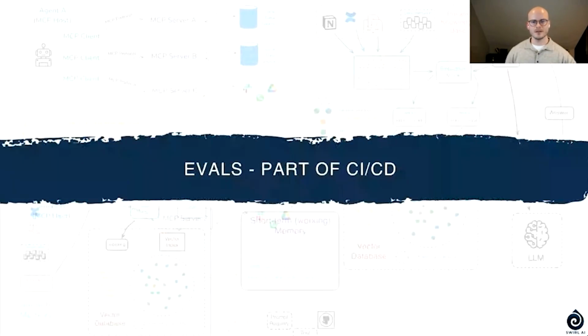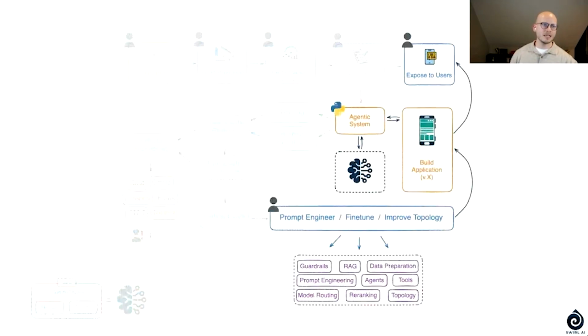And the final piece, by the way, I'm missing out on security, and I will not be covering security because security is, I would say, a topic of its own. But before that, there's another piece in LLMOps, which is very important, which is having evals be part of your CI/CD pipeline. So every time you deploy a new version of an application and expose it to your users, you should have